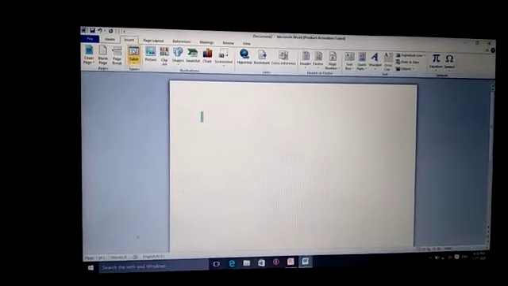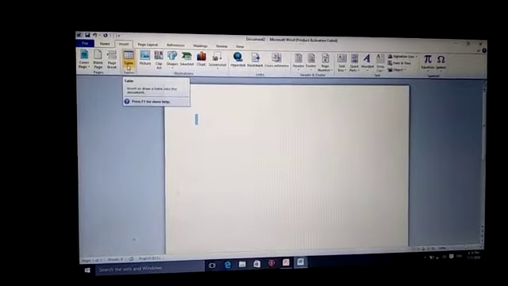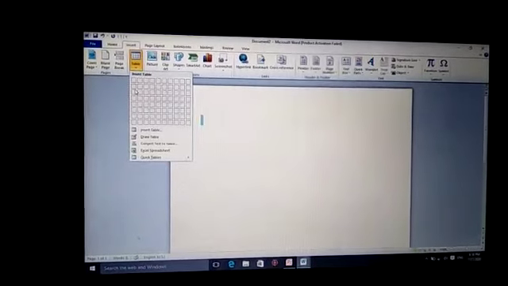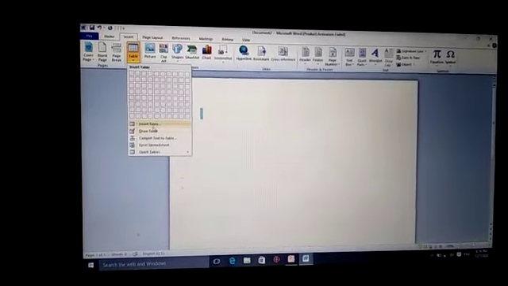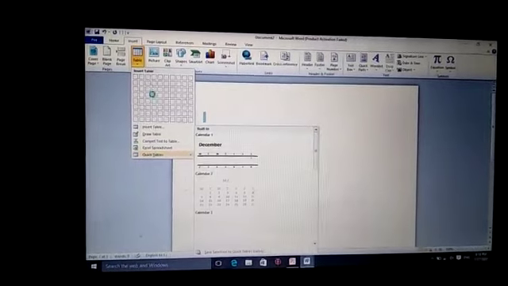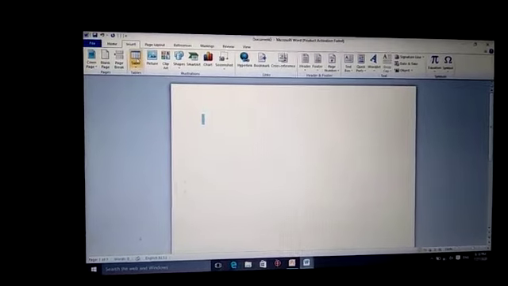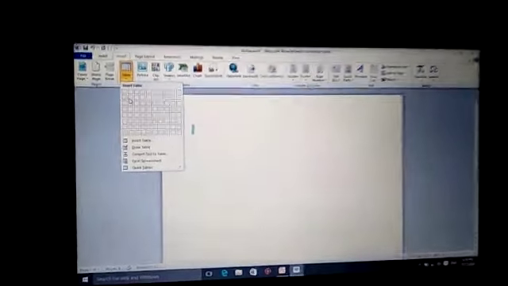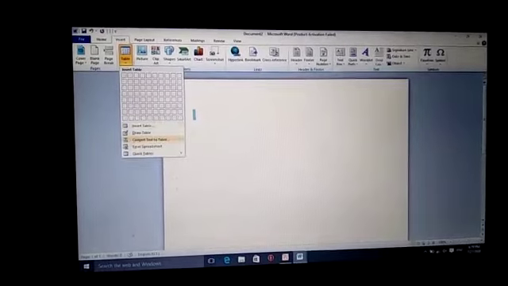First, this is your insert tab. Next, inside the insert tab, the table button. So this is the grid. I hope you can see this is the grid, and here the drop down menu is available. So what is there: insert table, draw table, convert text to table, and quick tables. So let's start with the table grid. Here we can choose the table grid option.